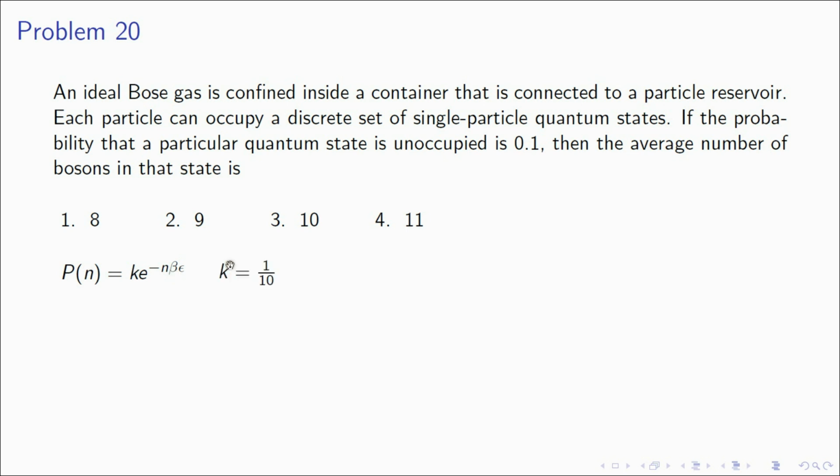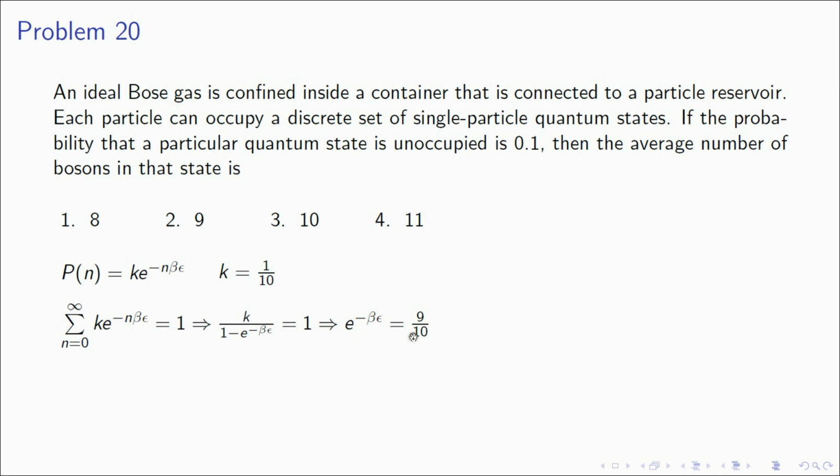So if you put n equal to 0 here, you should get 0.1. From there you get k equal to 1/10. So that's one value. And now the sum of probabilities over all the particles from 0 to infinity has to be 1. So if you calculate this, you get e to the power minus beta epsilon as